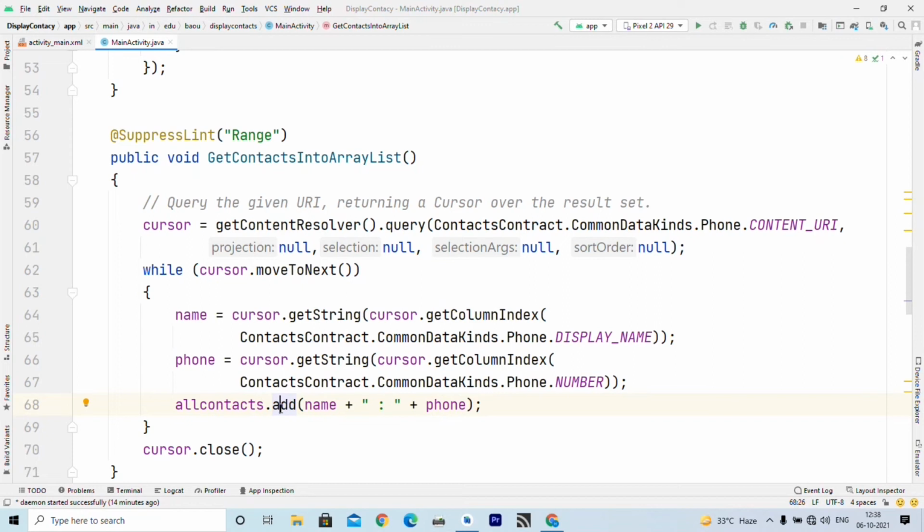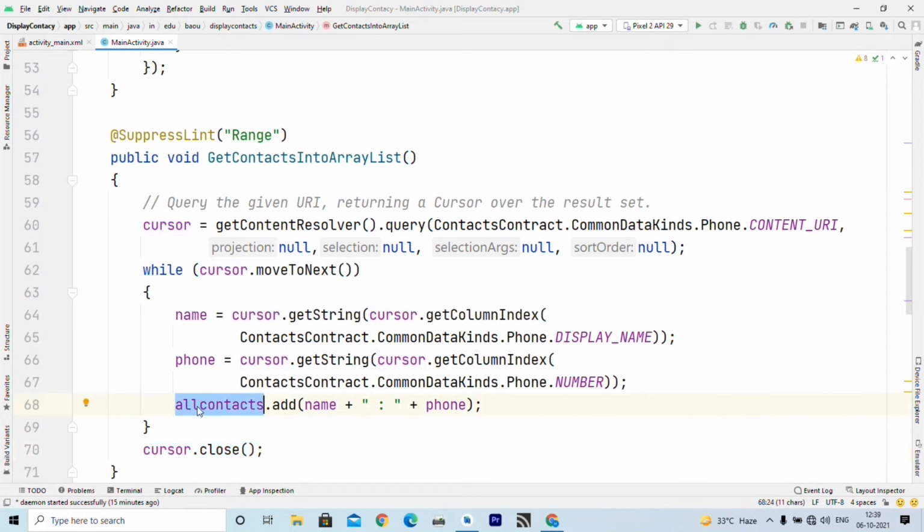Now this will continue until all records are fetched from table and added to all contacts array list. So array list is a dynamic array, and using add method we can add data into it at runtime. So after traversing loop or fetching all the records, cursor should be closed.